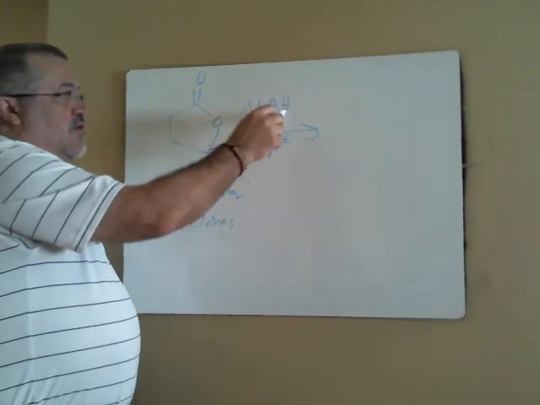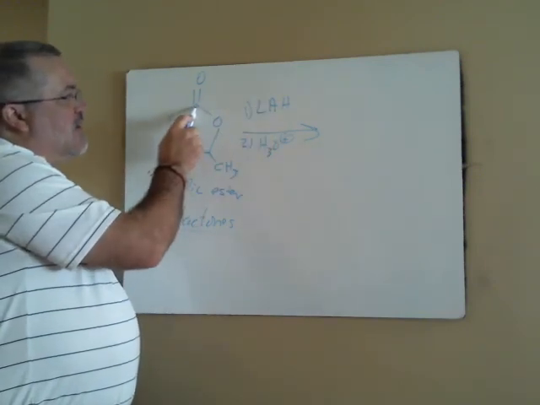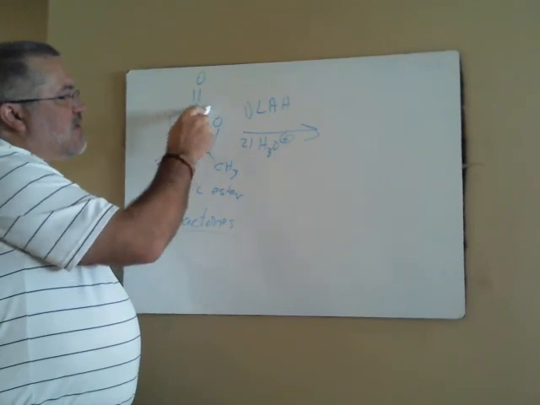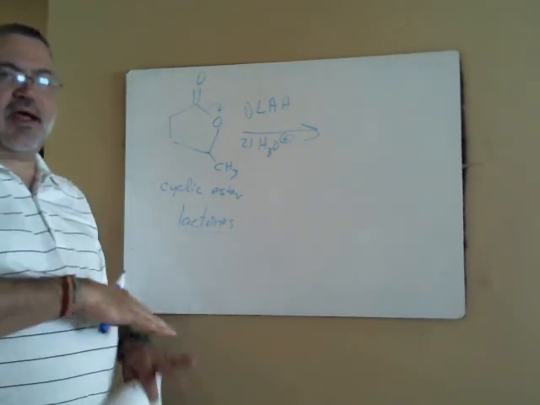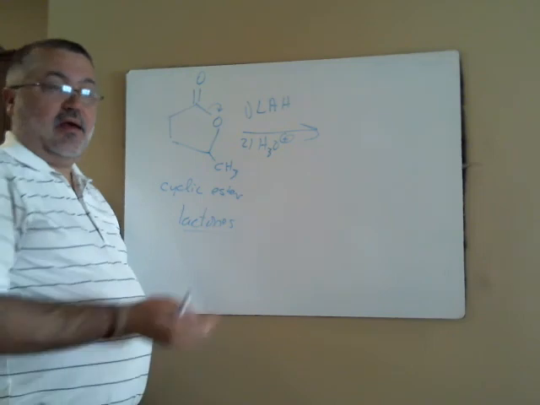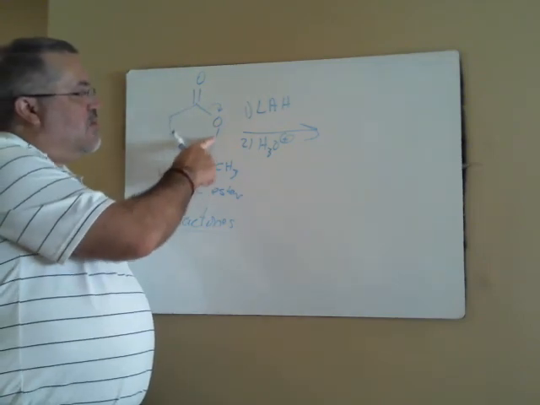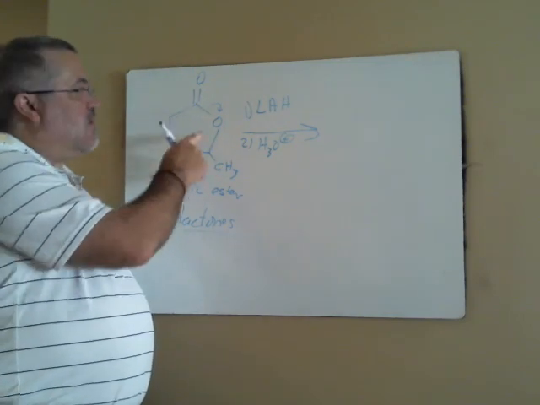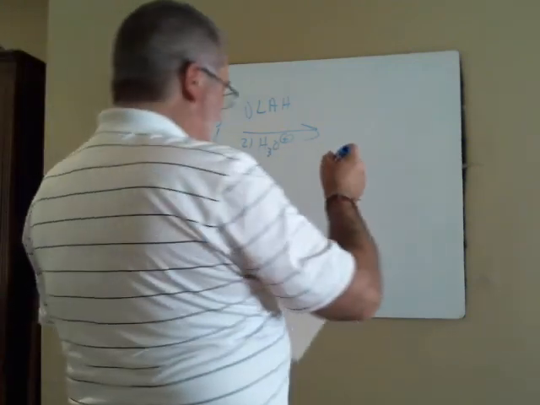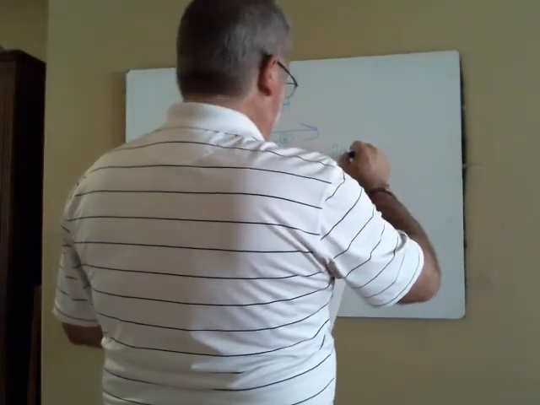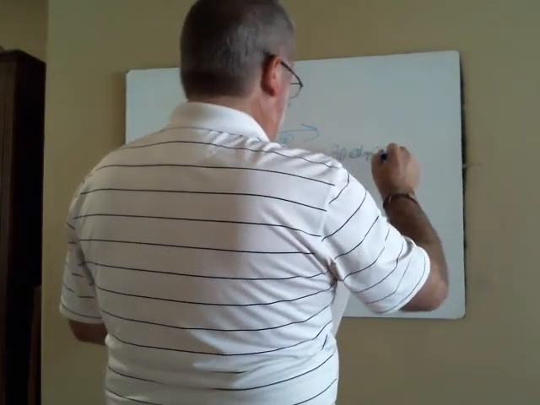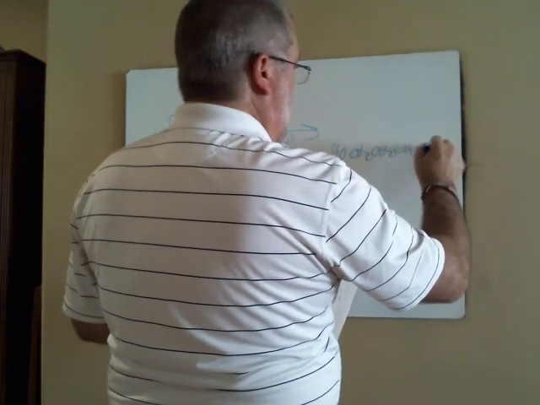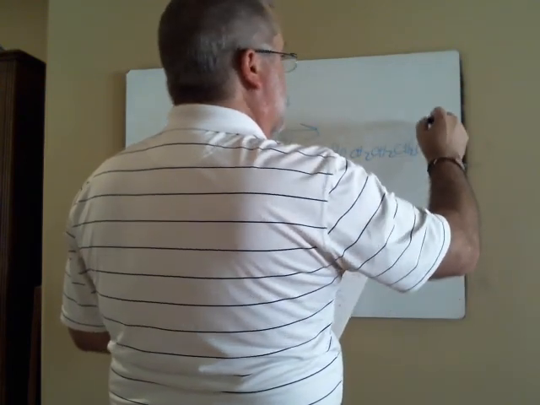Because remember, your first equivalent of hydride is going to react here, and then this is going to be your leaving group. So you actually break open the ring because this OR portion of the lactone is the leaving group on the carbonyl. And so therefore you would form this product,